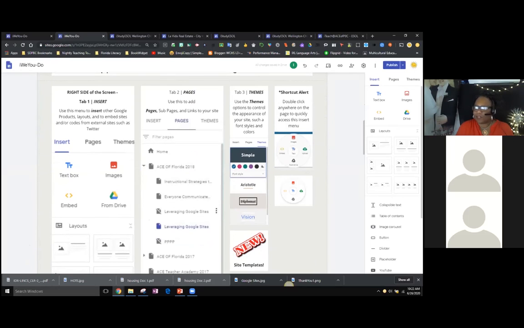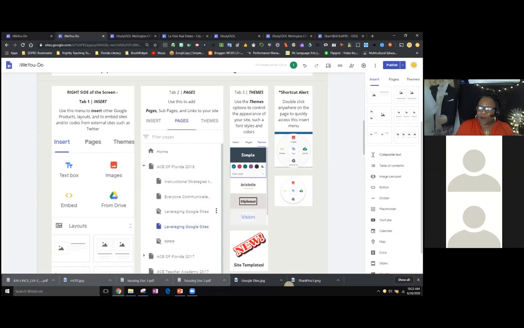The next tab would be the pages tab, but let's stay here for insert. Let me just talk about this for a little bit. The insert tab, I talked about pictures, but also it helps you to do layouts. And most recently, Google Sites added templates to their layouts, because before you had to create your own, but now they have templates, and we'll see that in a little bit. But on this tab, you're able to select how you want certain areas of the website to look, and it helps you to align it a lot easier. So if you click here, it will be two boxes side by side versus you having to create the boxes and put them side by side. So these are all layouts that you can use.